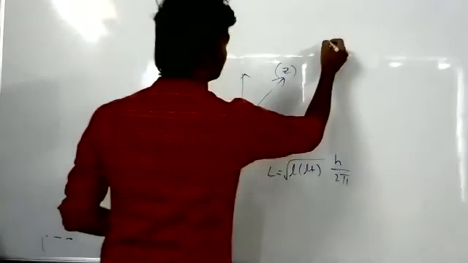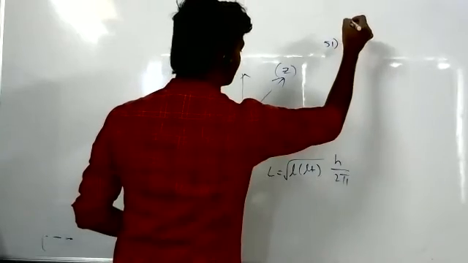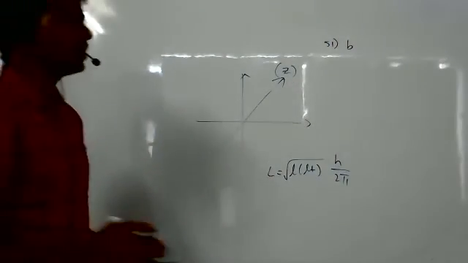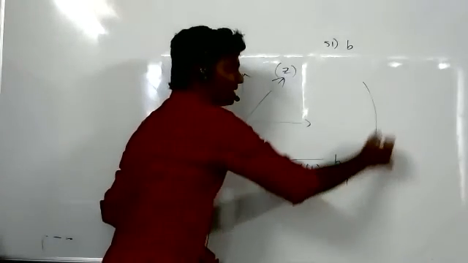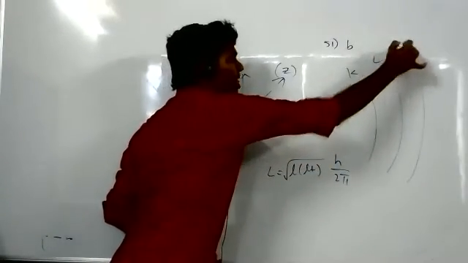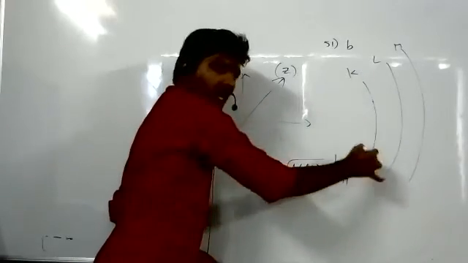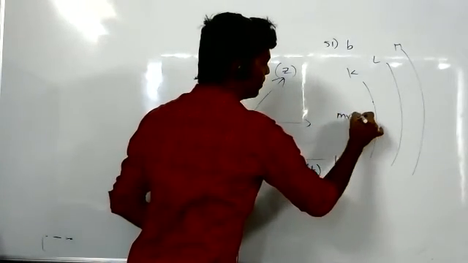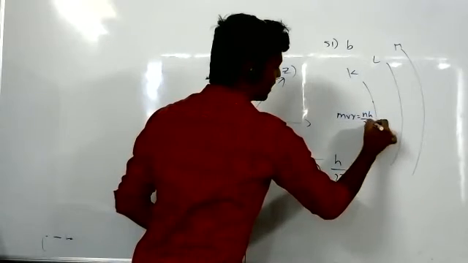So I didn't understand how is it azimuthal quantum number. Principal quantum number is only discussing about main shells, right? Only main shells, K, L, M, and O. Yes, shells only it is discussing. And when electron is revolving in this shell, that angular momentum formula is given by mvr is equal to nh by 2 pi. Okay, this is fine.